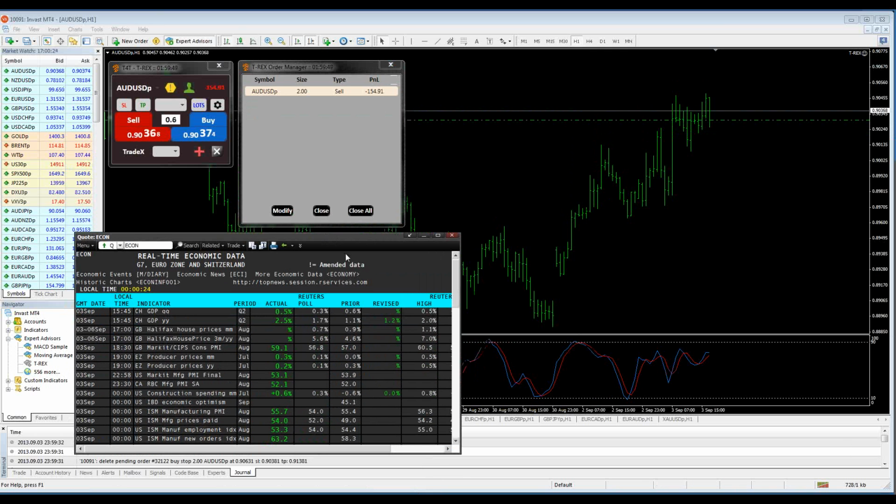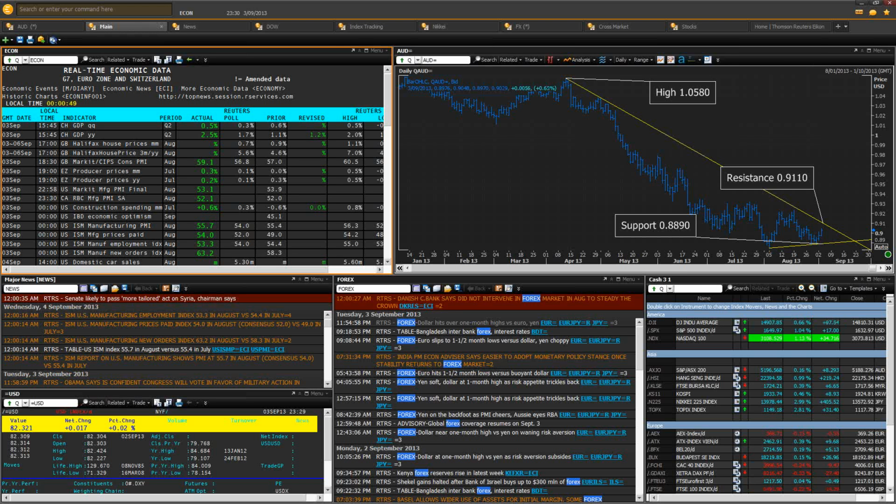Okay, so what we've got is a situation where the data itself is better than expected, 55.7. We've seen the dollar come off very aggressively. You can see what I've got in there. I think it's a situation where you just have to let the currency go and have a look across here. I can just come back across the analytical page. Right. Okay, so the key level here is